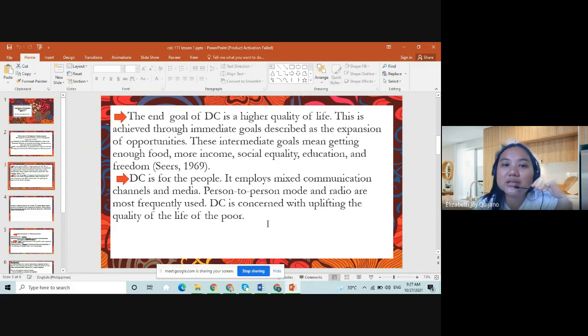And yun yung mas pinakamadaling na naa-access ng mga tao na sinasabi natin those who are marginalized, na mga common people, no, the masses, yung masa. For example, the farmer, the fisher folk, the marginalized sector. So yun yung pinaka mabilis nilang na maa-access, those kind of communication modes, yung person to person and radio, right? So next,